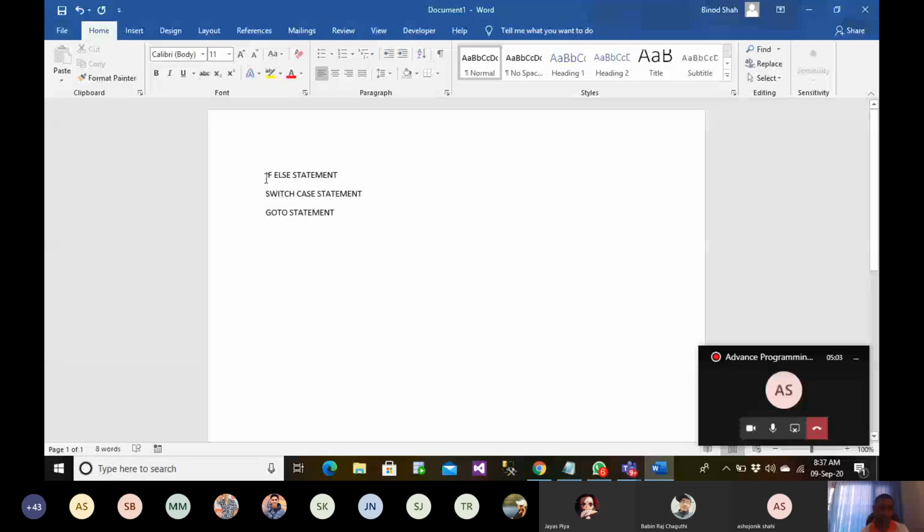So two things to be done. One is to understand the if else statement, and one is to understand the switch case statement, and one is to analyze the difference between the if else statement and the switch case statement. So this is our main concern for today, and I'm going to implement a program for both of these. So let us try to write one small program.